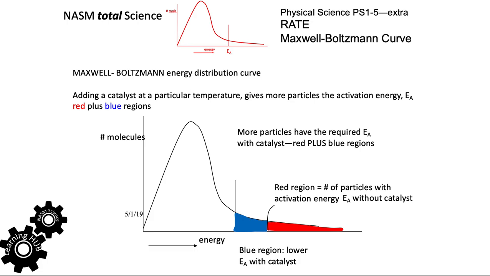And what we're doing here, the red portion is the same as the previous one. We're adding a catalyst. And what does a catalyst do? It lowers the activation energy. So the vertical line here is the new activation energy with the catalyst. So there's all these particles here in blue that have now got more than the activation energy. So there will be more successful collisions, more reactions